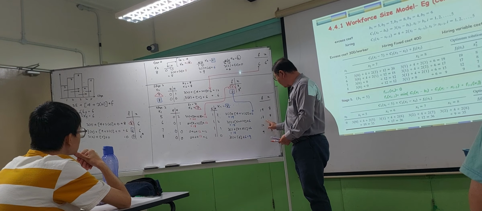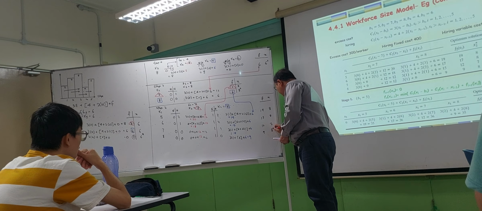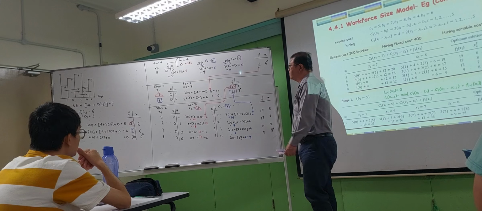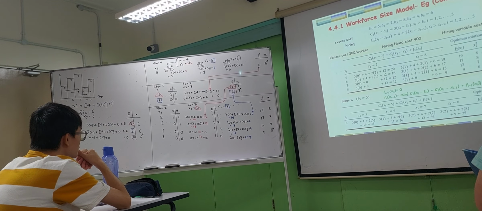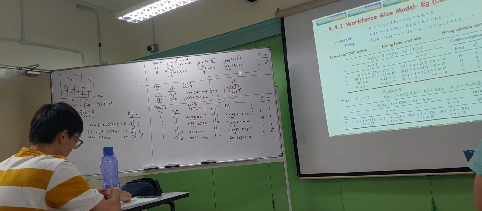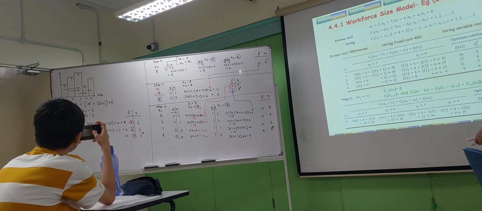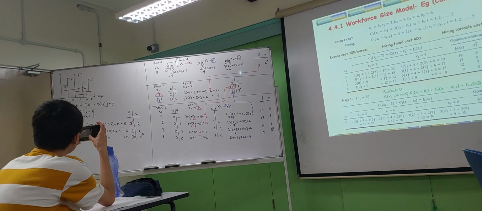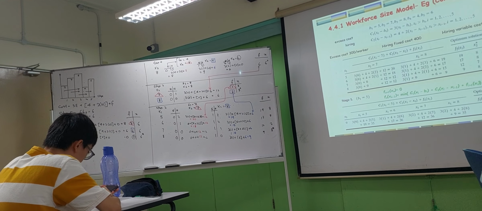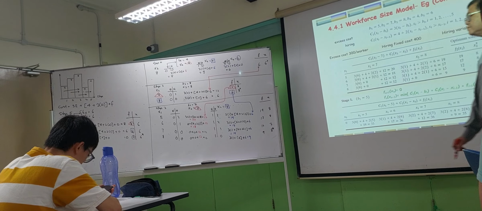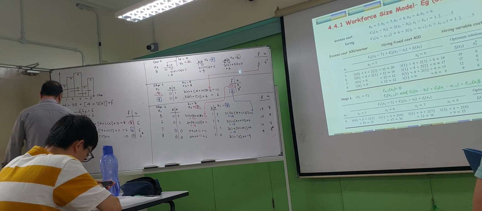Compare 19, 17, 12, and 9. This is the cheapest. So we put the